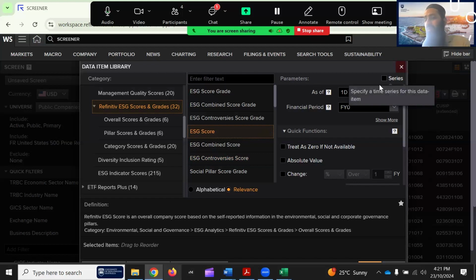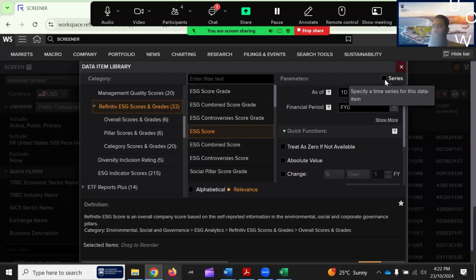So ESG score. Before I add, there are parameters available. Because we are interested in downloading data for 3 years, ideally this should be done as a series. We collect the series and then we collect the data for 3 years. But the potential issue here is Refinitiv will download the data for 3 years: FY0 for the base year, FY-1, FY-2. Now within FY0, there is a chance that one company's data is of 2022, another company's data is of 2023. So there's a mismatch.